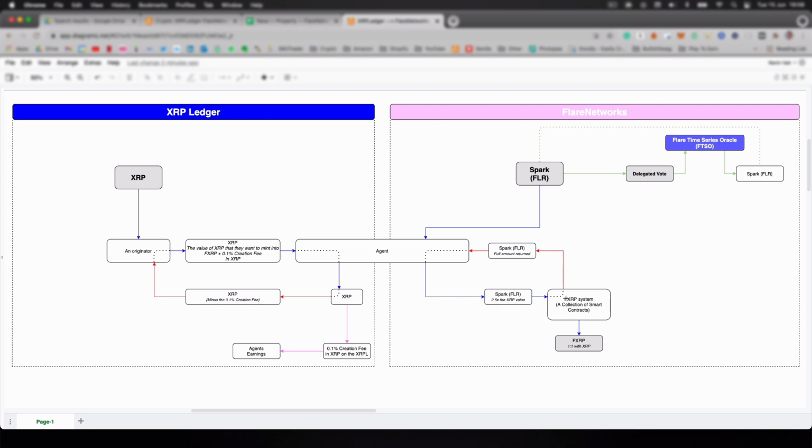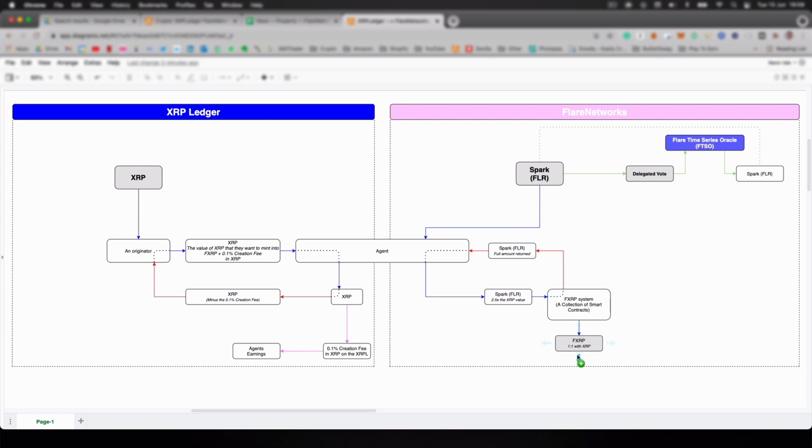Now, once that's been done, the Spark tokens have been locked up. FXRP is created, right? Now, as you can see here, that's 1-to-1 with XRP, right? So it's exactly the same value as XRP. They're interchangeable, right? Now, for the duration of the smart contract, how long that can be completely depends on the smart contract. But when it's completed, the process gets reversed, right?